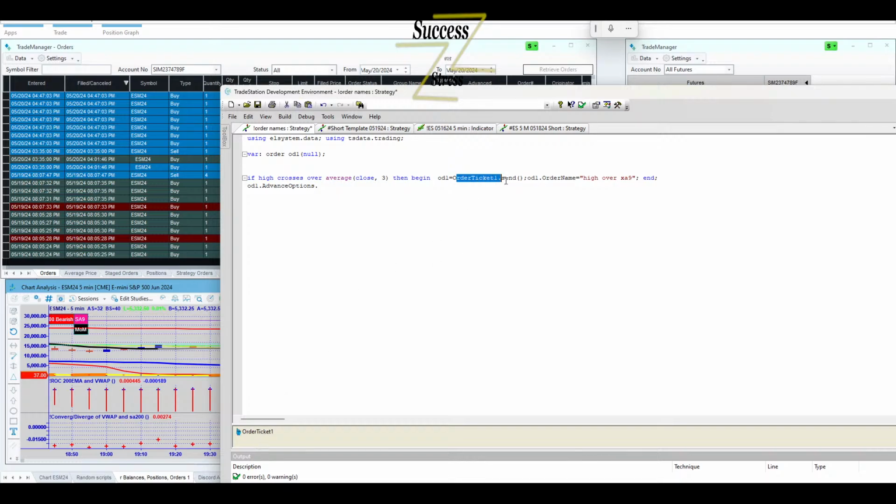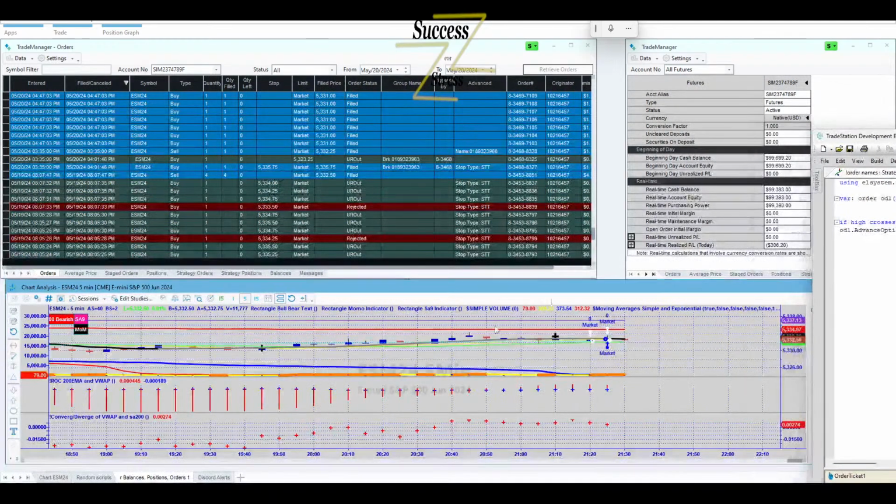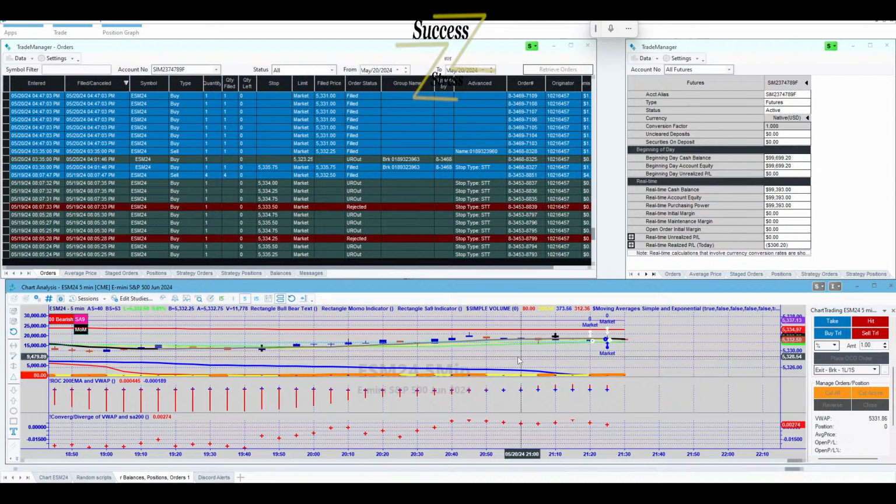You can send an order just using this method, but you don't have to send it to an order unless you want to keep track of it. So this order ticket can be sent immediately. You don't have to declare it as an order unless you want to keep track of it. So this is order name strategy. So let's try this.